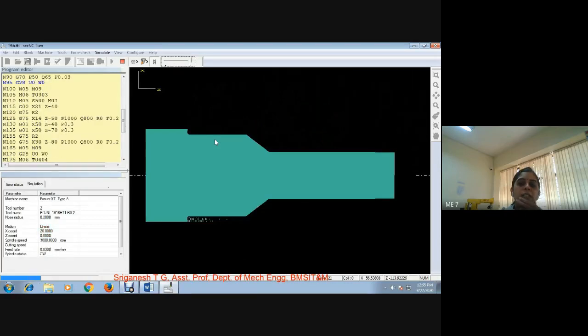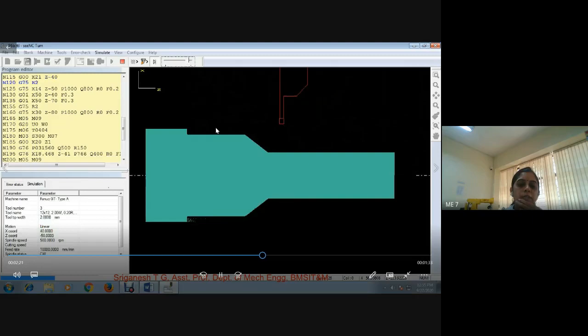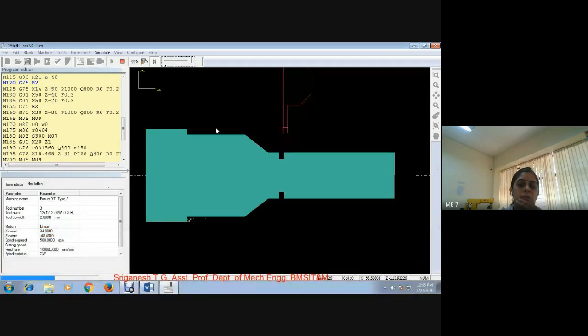So the rough turning was done, and now the smooth turning operation is completed and the axial groove cutting operation is now being started.